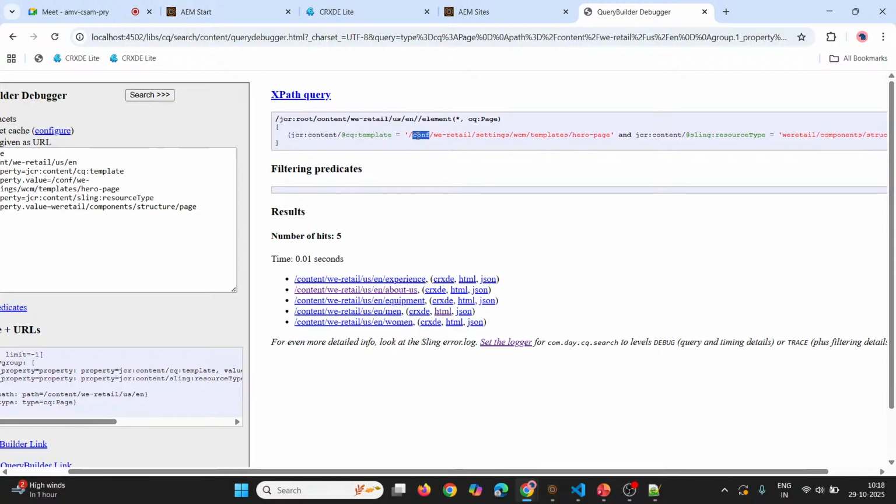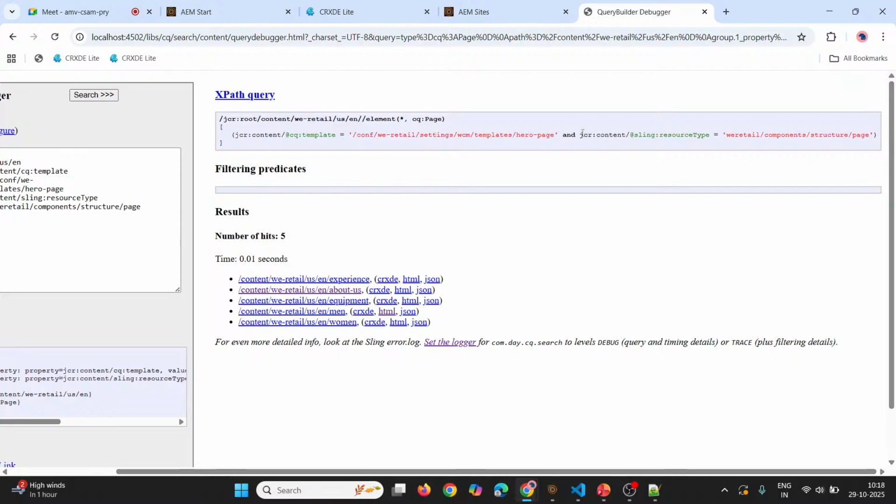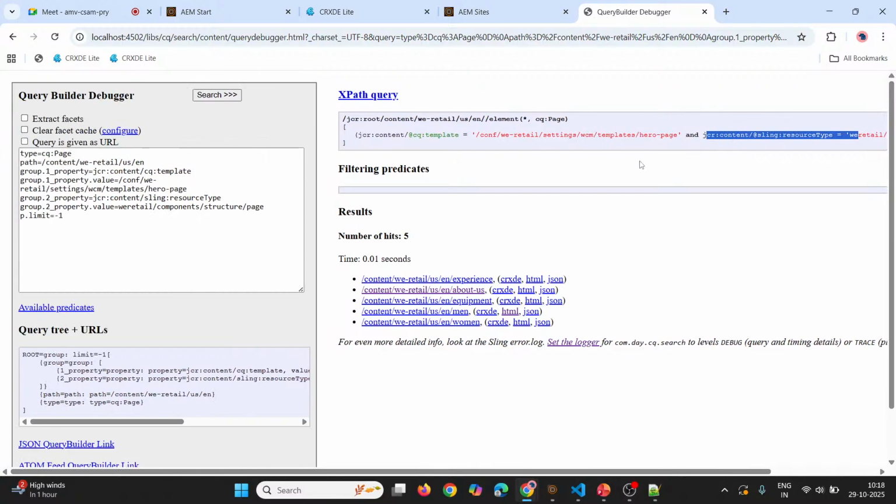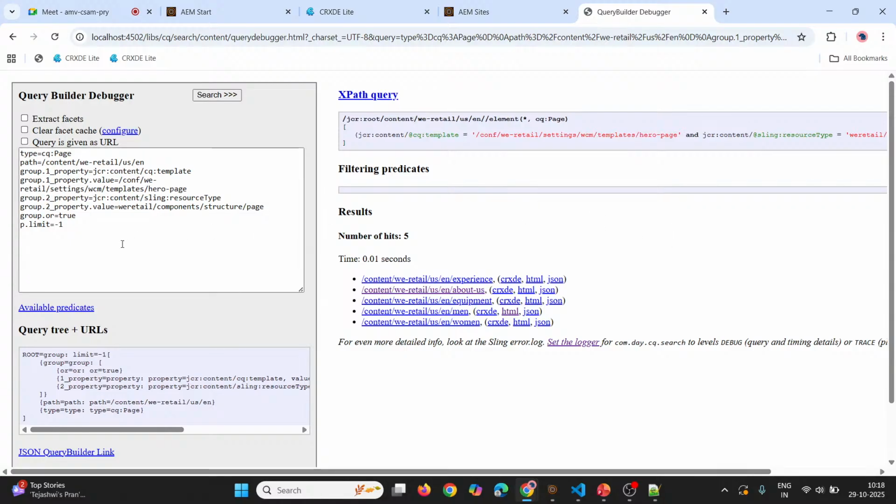Okay, so it is searching for the template, and the second one it is searching for jcr:content/cq:sling:resourceType property, and then by default it is performing the AND operation. Okay, so maybe instead of the AND operation, if you want to perform the OR operation, then group.p.or is equal to true. So when you specify group.p.or equal to true, it will be performing the OR operation,